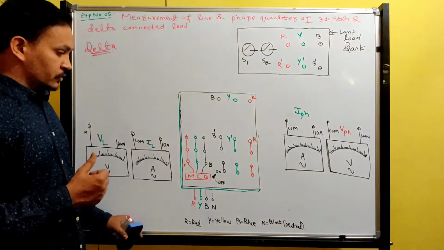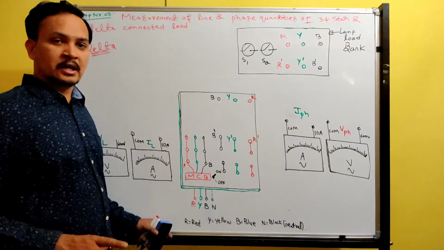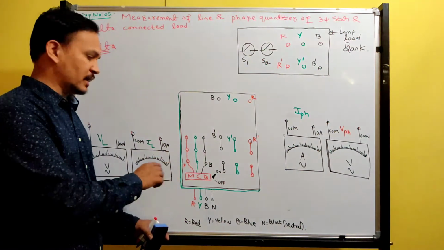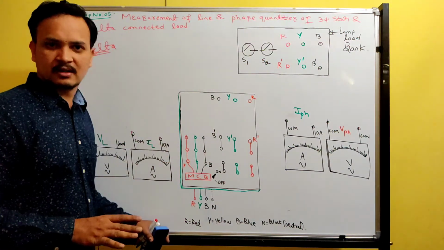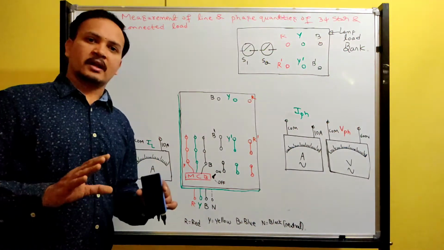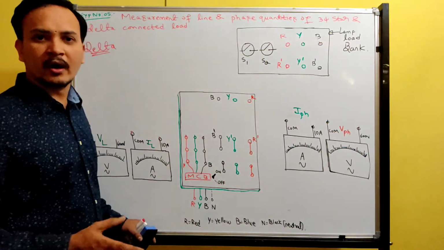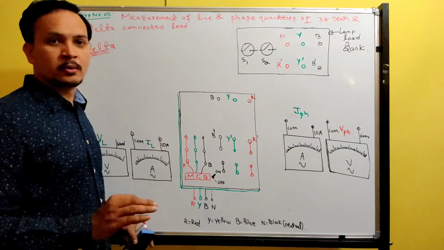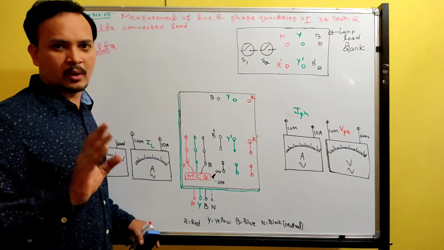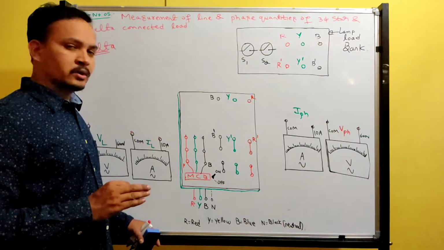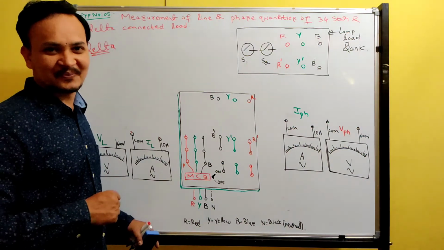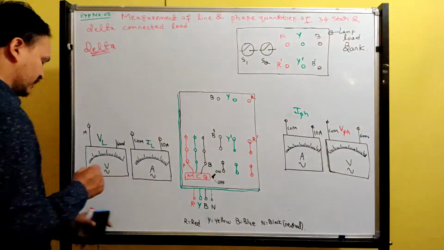Once everything is connected, don't connect this wire to the mains and don't switch on the MCB. First you do all the connections. Then everything is checked by the professor or instructor. Then you can go ahead. So don't be in a hurry. If you hurry, there will be a lot of problems for you. Understood, no? So be careful.